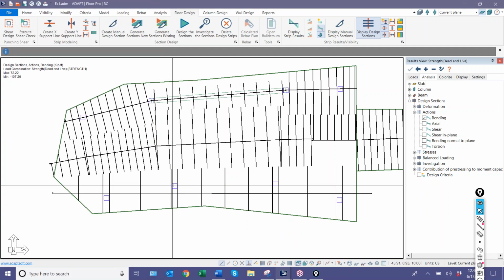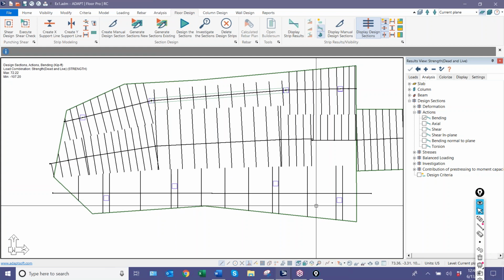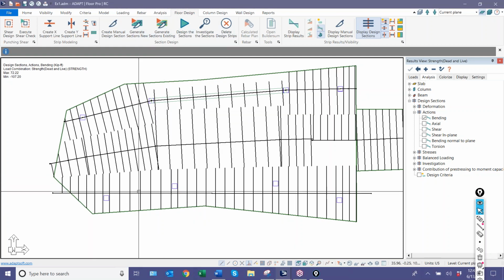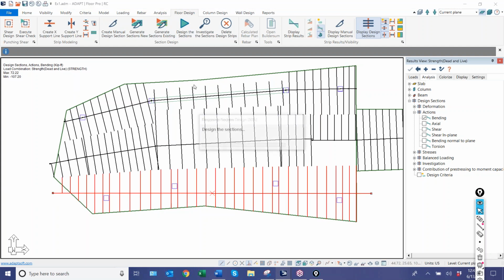The program knows where there are supports, so it will place 2 on either side of, or 1 on either side of the support automatically. So this will give me a better distribution in tune with what we had previous in terms of the number of design cuts. And if I design this for strength